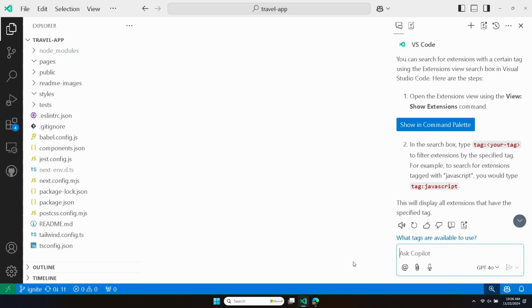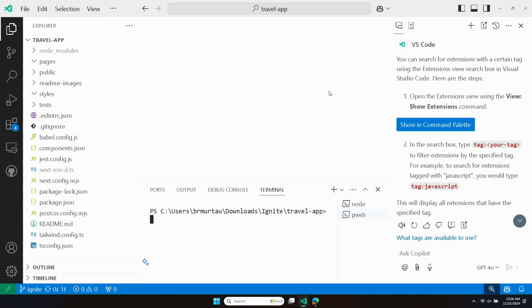Okay, cool. So now that we have familiarized ourselves with our editor, with Copilot, with what it can do, I think I'd love to go ahead and make sure this app is running, check it out and see if Copilot can help us maybe modify its functionality or add something to it. So I'm gonna go ahead and open up the terminal.